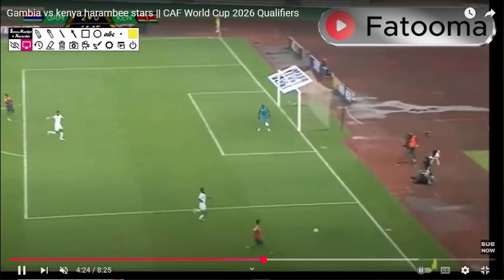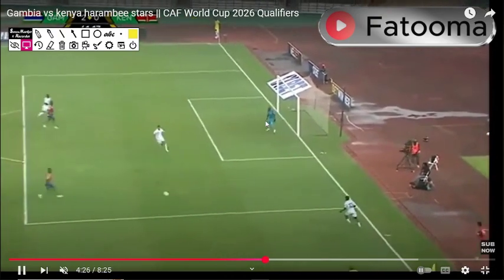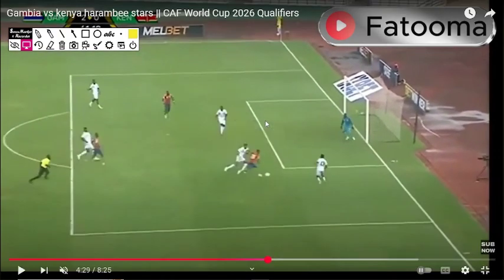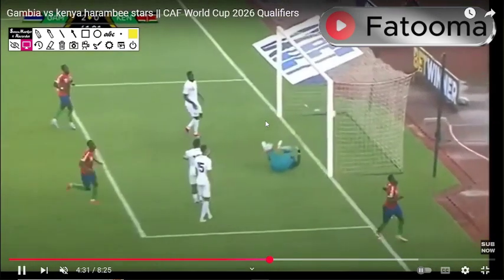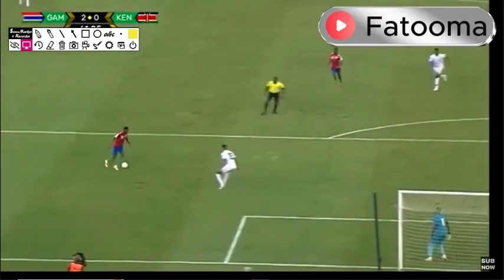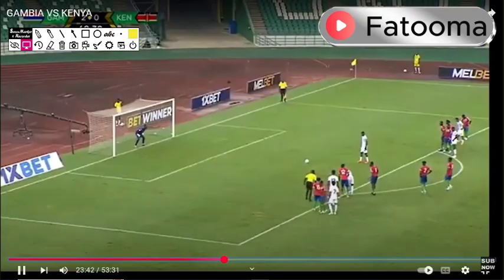Yeah, but this goal all stems from the persistence of this player. If he doesn't do this, they don't score. What I do like, look at that, just a little trick, and all you need sometimes is that little bit of separation. You don't need a big amount of space or distance, or something to divide you, you just need that little bit to make a run and take a shot. And what a shot he does take. Because it looks like the keeper should be able to catch it, but he roofs it.